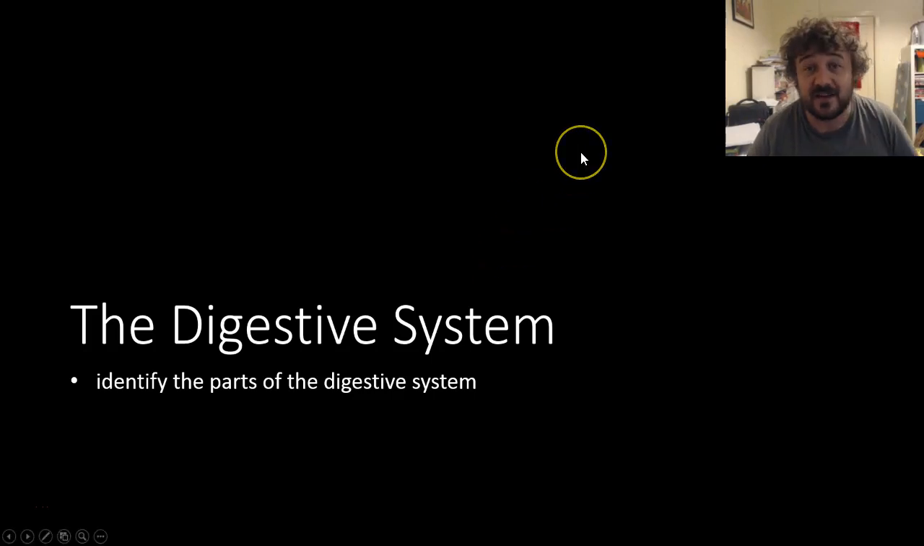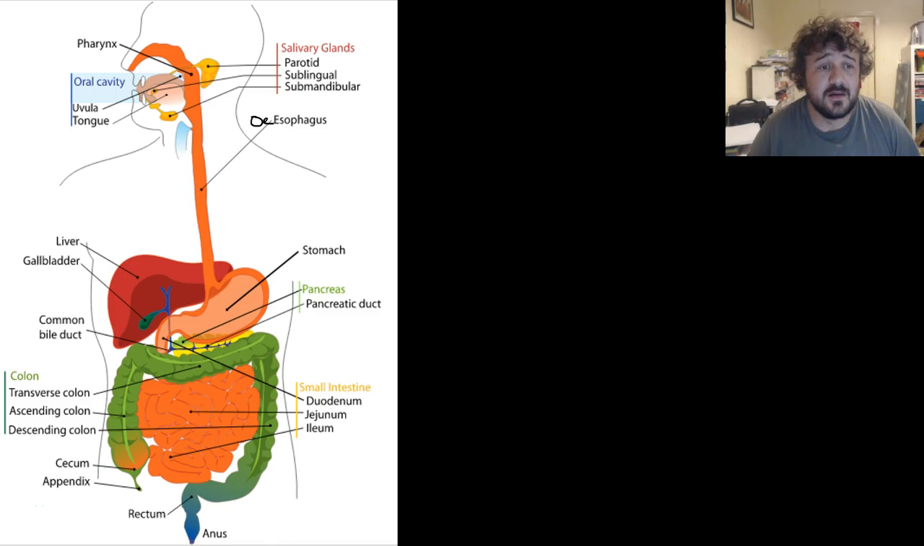Alright, so let's have a look at the digestive system and the different parts of that. We'll do this fairly quickly. So here is our digestive system. The esophagus is actually spelled incorrectly on this diagram. Get rid of that E, and it's